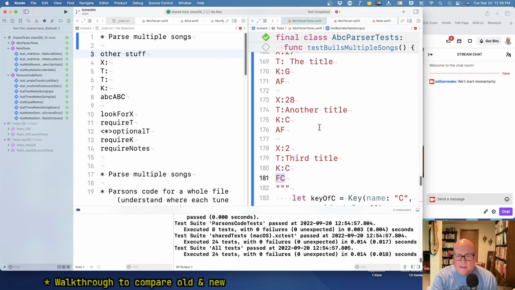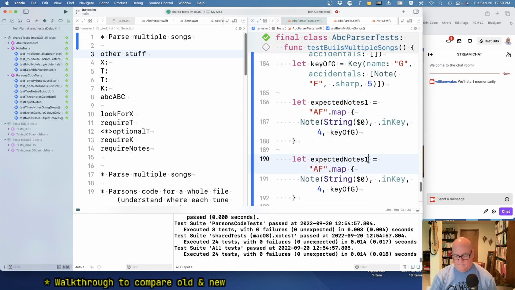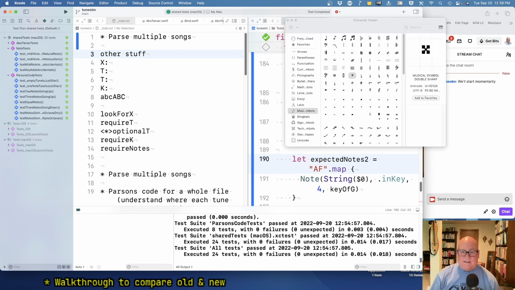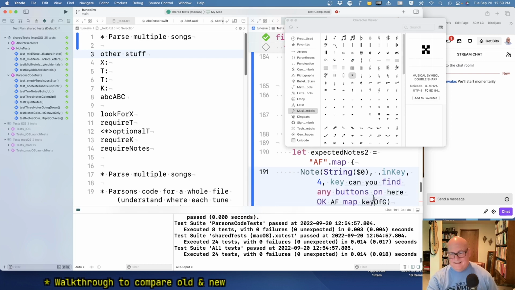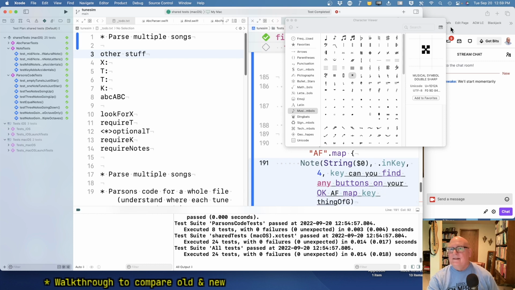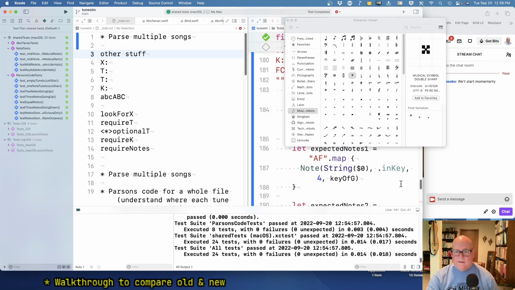Okay, expected notes 1, AF. Expected notes 2. Can I find any buttons on here? Okay. AF map key. Oh, got something going. Key of C. And then